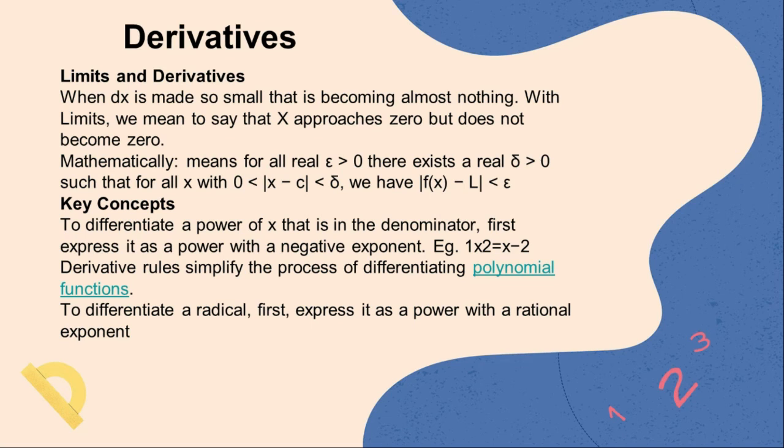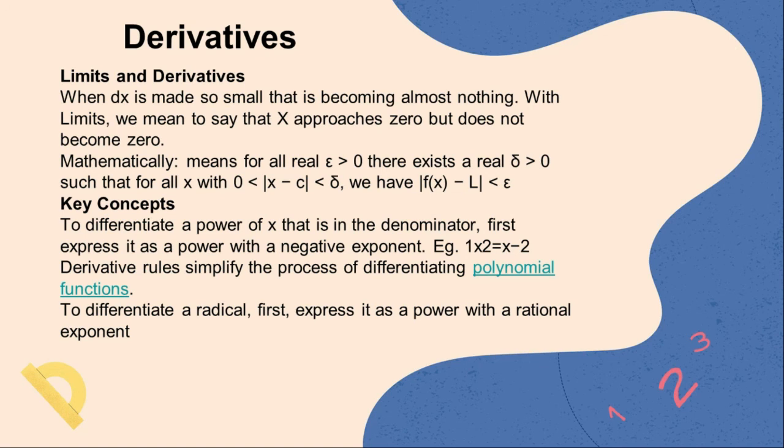Limits and derivatives. When dx is made so small that it is becoming almost nothing. With limits, we mean to say that x approaches 0 but does not become 0. Mathematically, it means for all real epsilon greater than 0, there exists a real omega greater than 0, such that for all x with 0 less than the absolute value of x minus c less than omega, we have the absolute value of f of x minus L